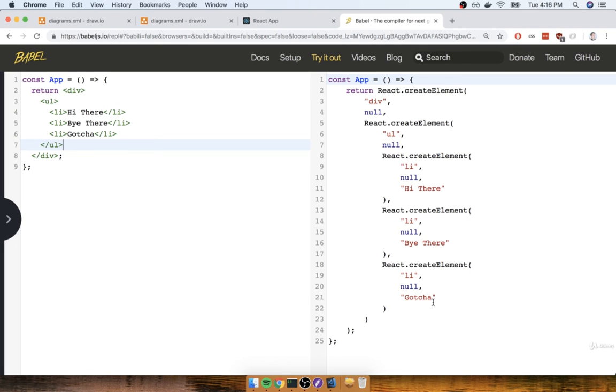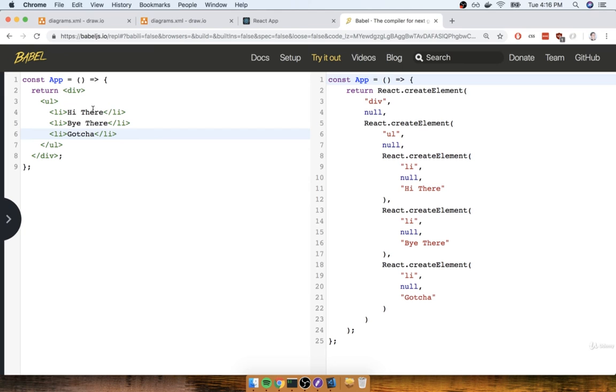The entire purpose of JSX is to allow us to write out these different function calls, which normally occur behind the scenes, in a much easier to understand format. Much easier to read, much easier to get a sense of what is going on. When you make use of React, it is not required to use JSX, but it is highly recommended. If you try to write out all these different function calls, you're going to very quickly write code that is very challenging and difficult to maintain.